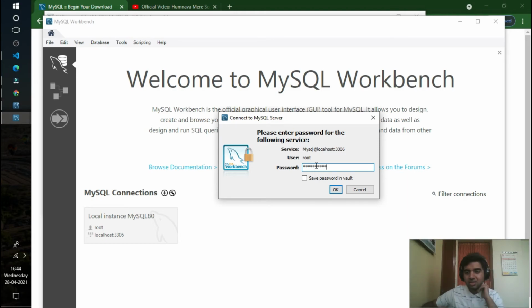So why is the user root? Basically it's the root privilege. If you've been using Linux, Debian, Ubuntu, or ParrotOS, you've heard this term, root user. Similarly, MySQL gives the privilege of using all facilities, so every user is firstly called root. I'll enter the password and click OK.